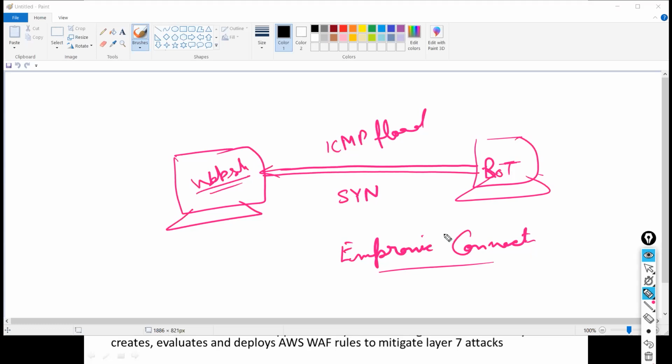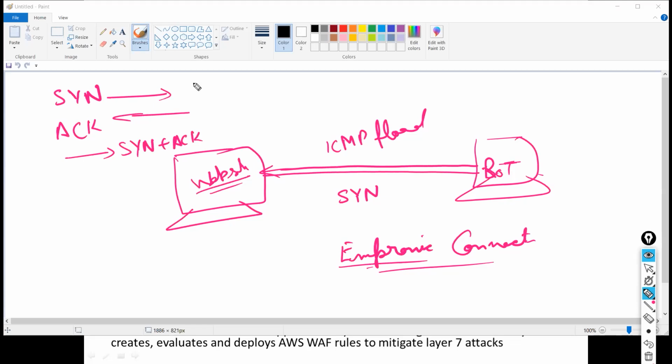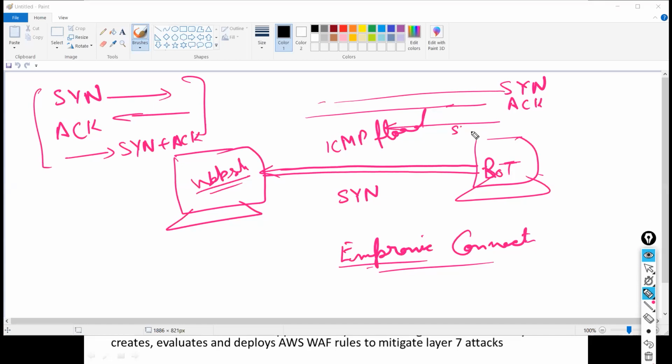Okay, so when we say embryonic connections, you know there is one SYN. When we send SYN, then the request will come as an ACK. Then we send a SYN plus ACK. So this is a TCP handshake. Let's suppose I send a SYN request, and the website sends me an ACK. After that, ideally I need to send SYN plus ACK to establish